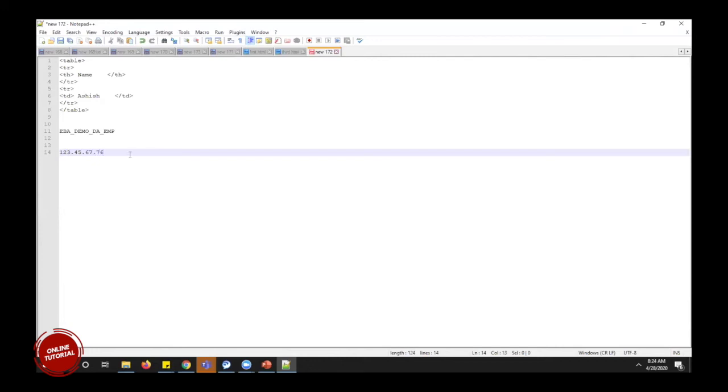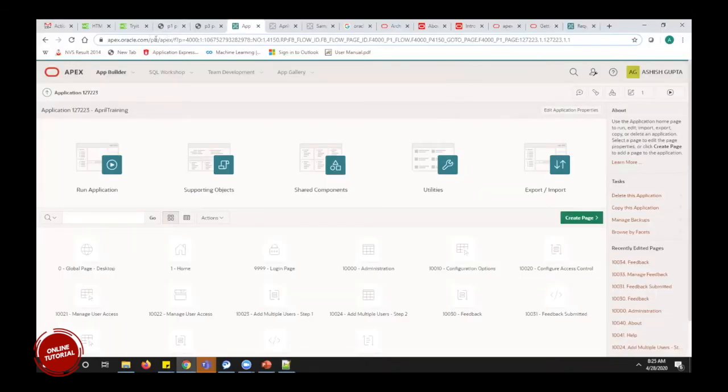So this is nothing but whatever is your database server in which our database is residing, that server you can see here. So this is nothing but the server in which Oracle Apex has been installed.